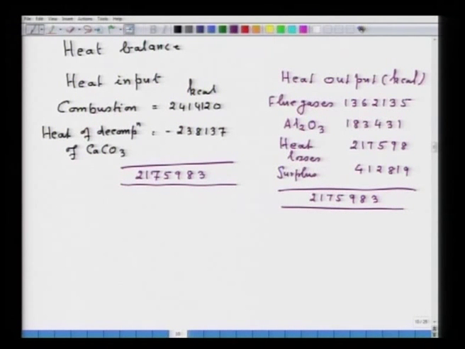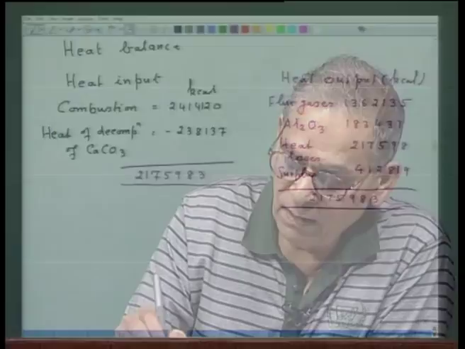Now, quickly illustrating problem number 4. In problem number 4, all that you have to find out is the minimum amount of fuel for calcination in problem number 3. As you noted in problem number 3, there is an excess amount of heat, and all the heat is coming from the combustion of fuel. So, the minimum amount of fuel will be that fuel at which the heat input becomes equal to the heat output, and that value will be the amount of fuel that is required. So, again you have to do the heat balance.